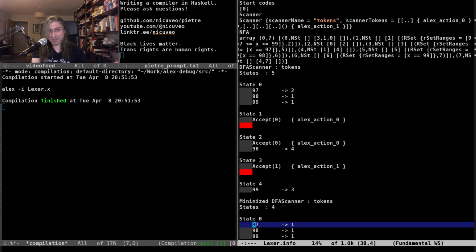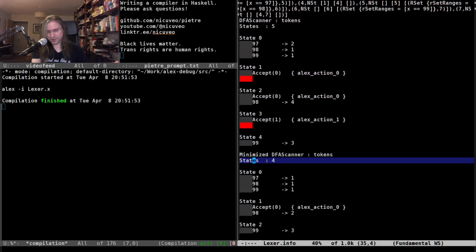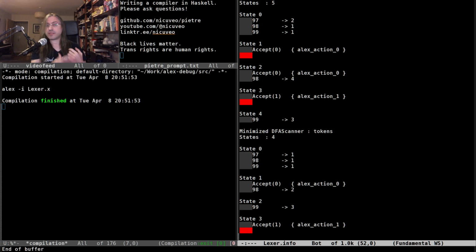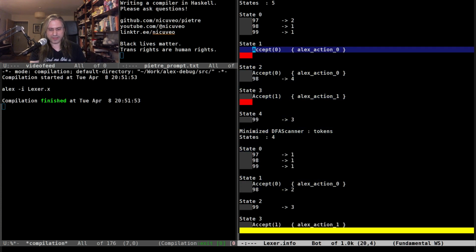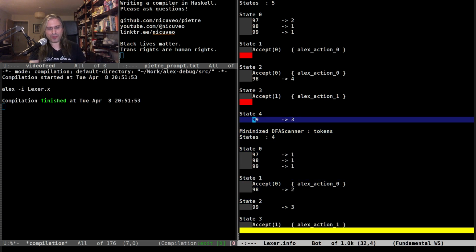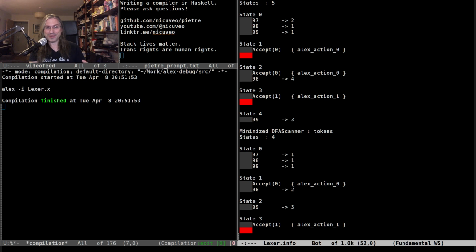The thing is, there's a minimizer that runs, which is this thing here, and it attempts to merge states that it considers equivalent. And states that are equivalent are not just that they have the same accept, the same outwards transitions, but basically there is no input that distinguishes arriving at that state. So here in this case, there should not be any states to merge. However, we notice that there is no longer any state 4. We are down to 4 states from 5 because 2 states have been considered equivalent by the minimizer and have been merged.